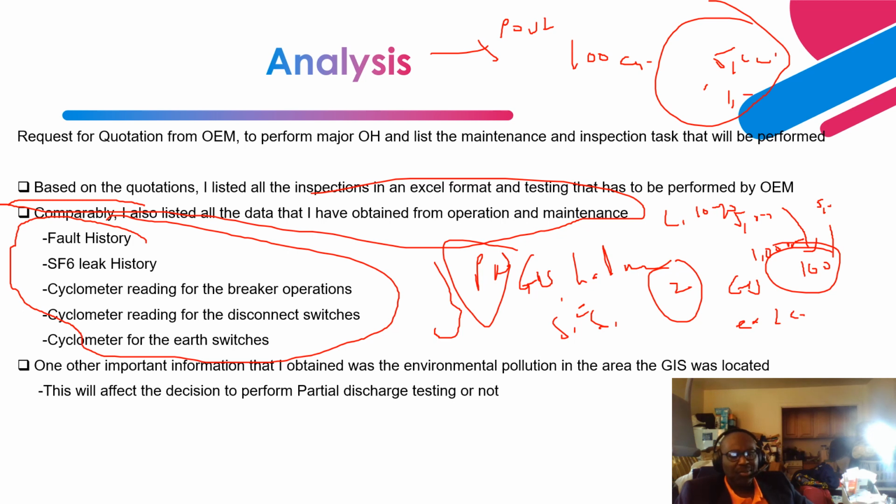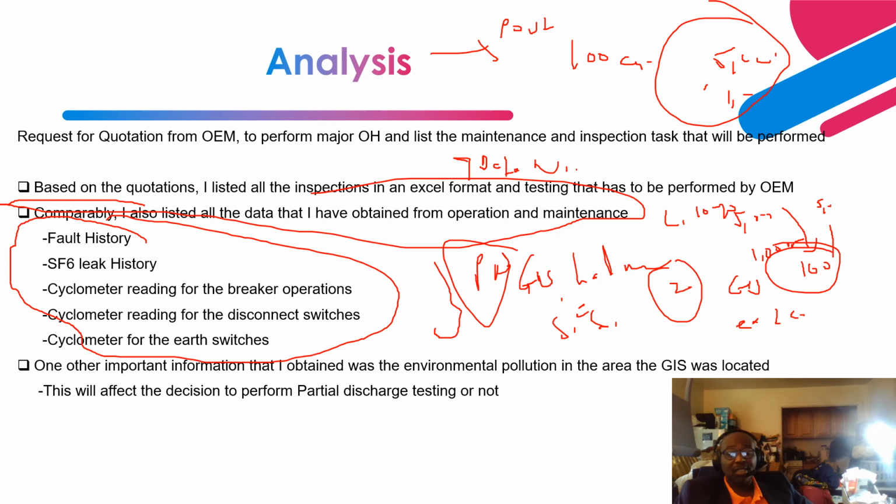When I obtained the SF6 leak history, the data shows that none of the GIS has experienced any SF6 leak since its operation, right? So that itself is a great advantage, and gives me the indication of why I need to spend that amount of money,